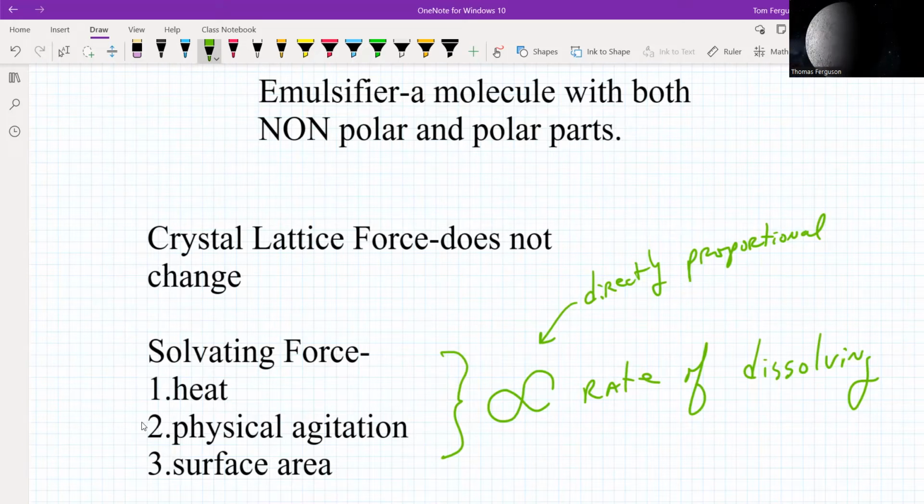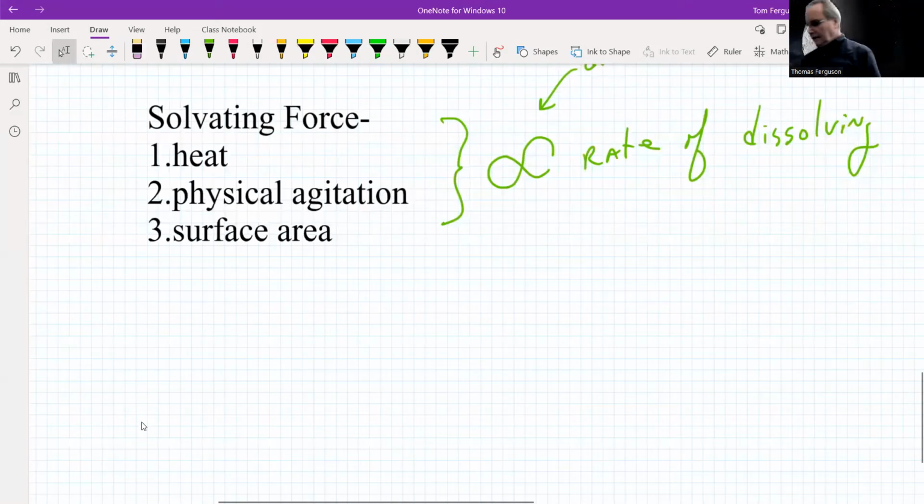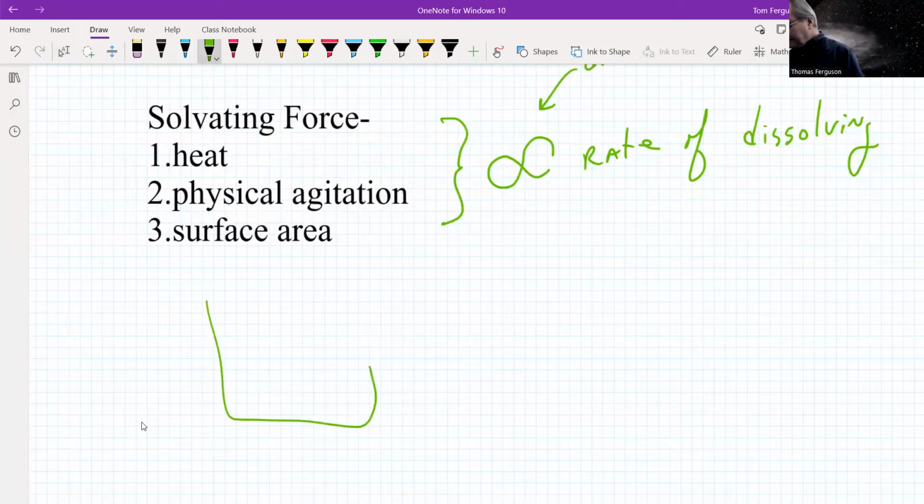So if you have your good old cup of coffee here, you have three ways of making that sugar dissolve faster. Heating it up, using a spoon and mixing it up really well for the physical agitation, and also using a finer sugar in there with more surface area. Now, all three of these